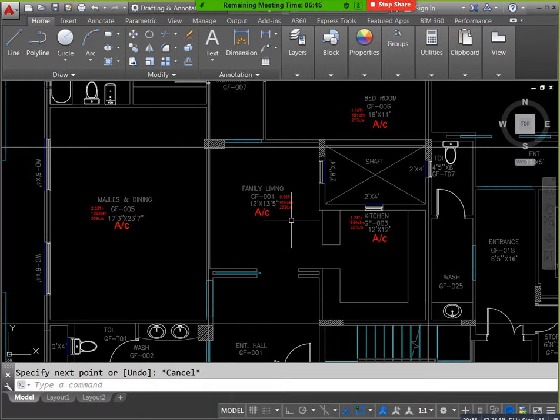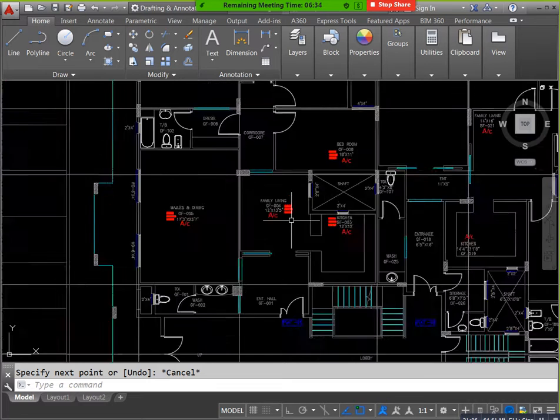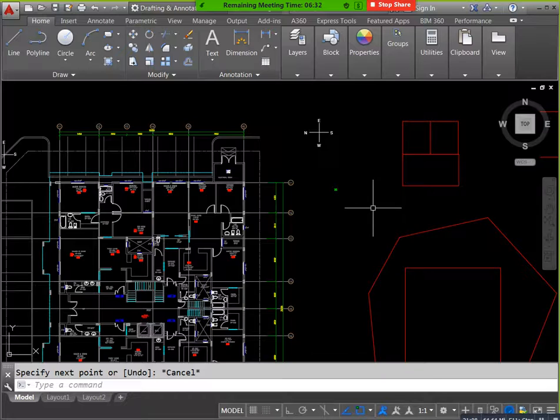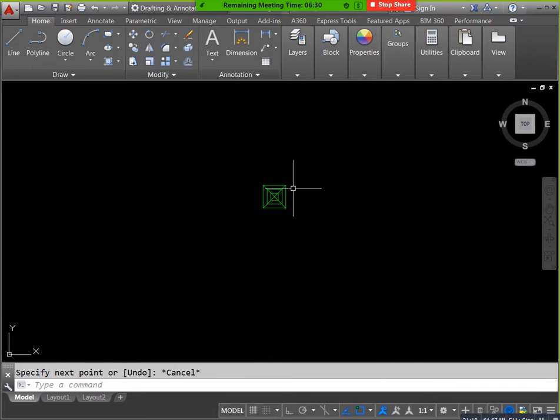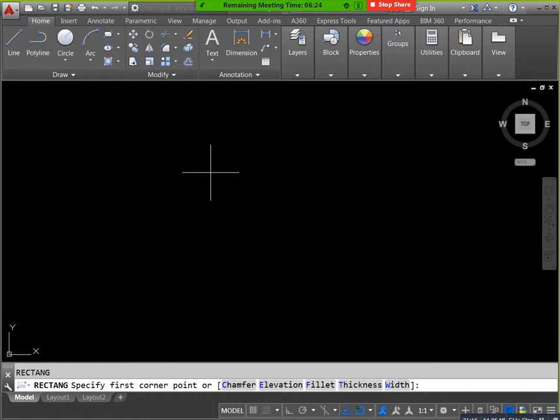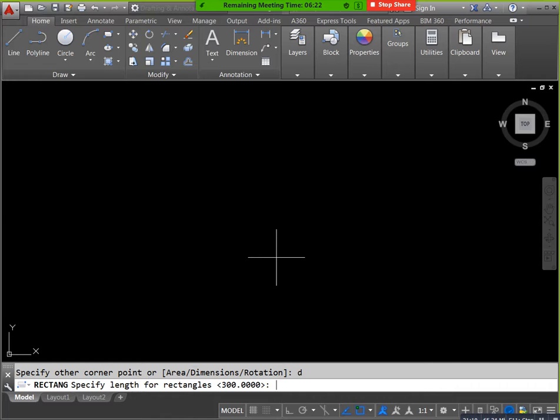Now, clear your doubts? If you need to create the 450 by 450, I will create that one also, don't worry. Okay, D enter. You can mention 450 length and 450 width. Now you can mention 75 as the offset. Now you will take supply. You can turn off your mic now, there is some disturbance.